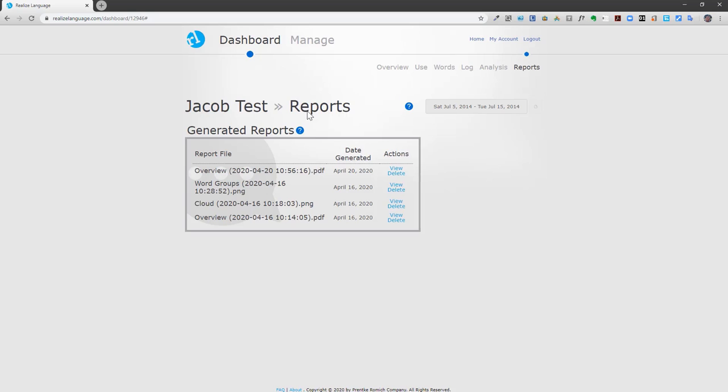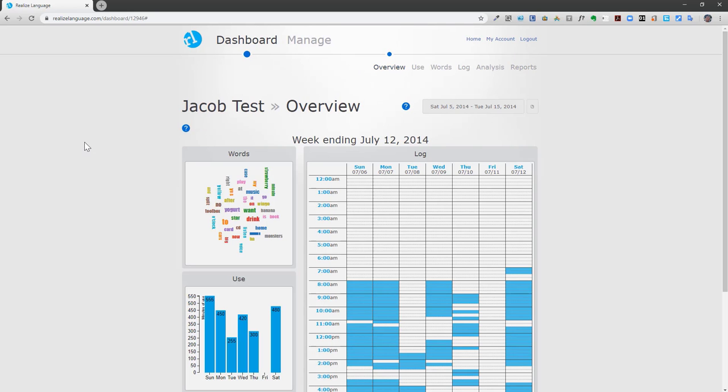So I'll close that one down. So these reports are specific to that client, and they sit in the reports section here. But they're going to sit there as long as I like till I delete them, but you can then always go back. So as you build up some of these pictures from your client, you're collecting them here in the reports section. So I'm going to go back to the overview button here,